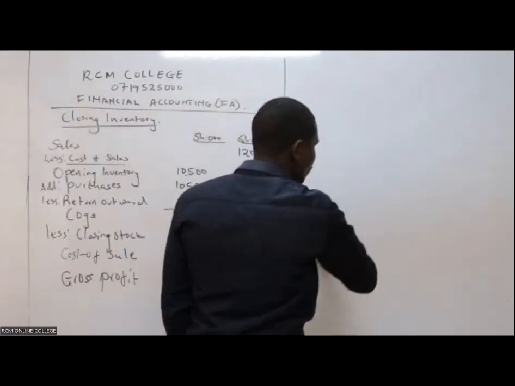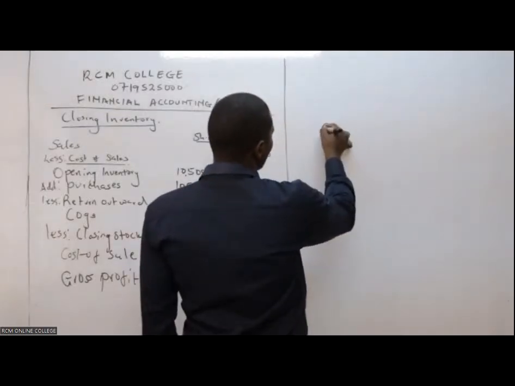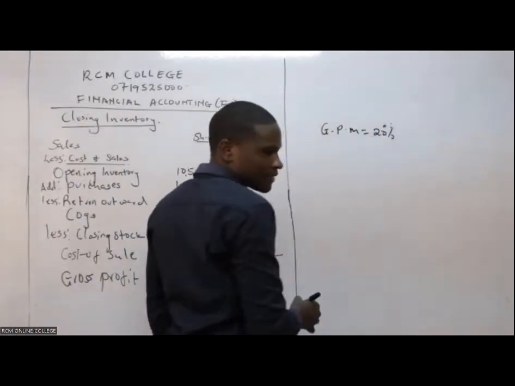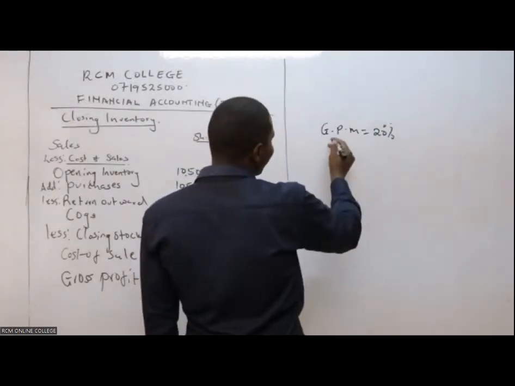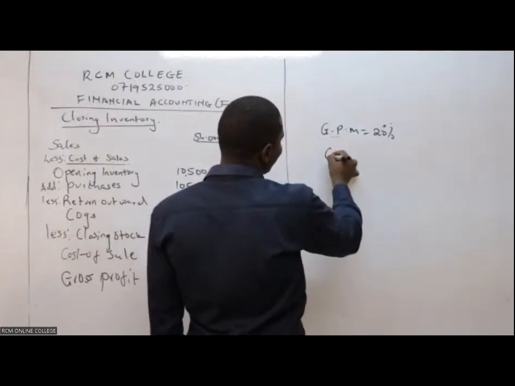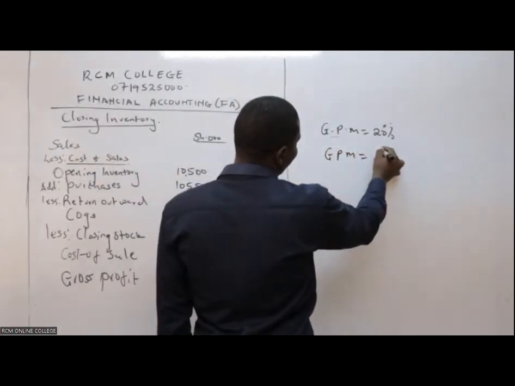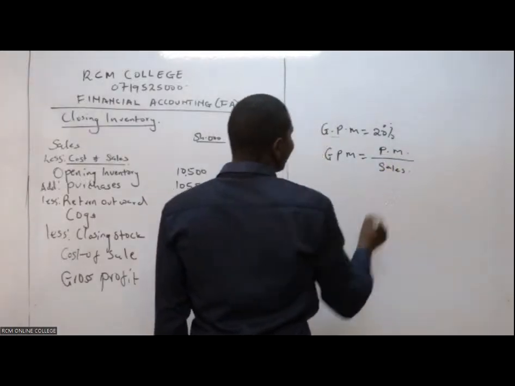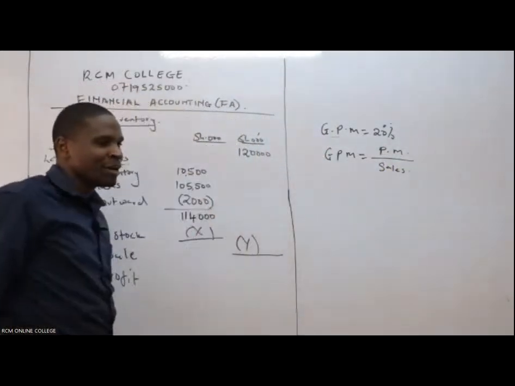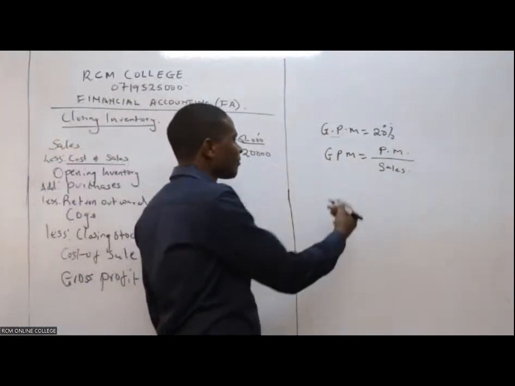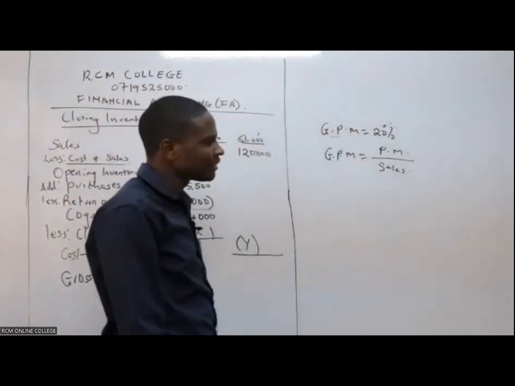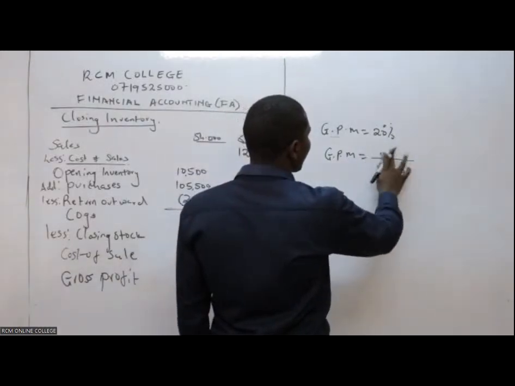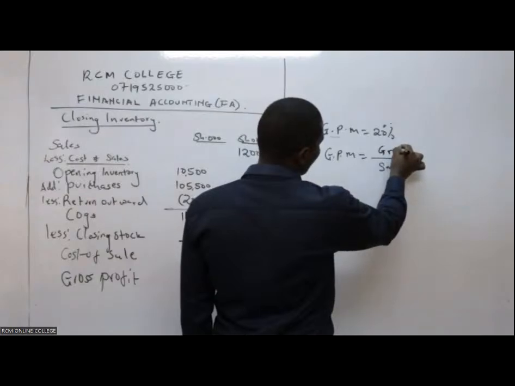Therefore, in this case, what do you have to do? A gross profit margin is equal to 20%. Now, how do we get a gross profit margin? Gross profit margin is gotten by gross profit divided by sales. Now, in this case, can you tell me which value do I have? You can have the gross profit itself here,